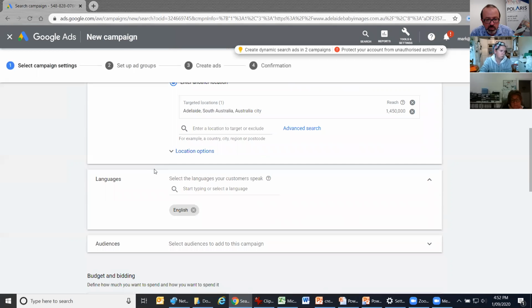Now, for a lot of people, that's all the targeting that they do, but Google Ads is a lot more powerful than that. The way you should be thinking about Google Ads is, how do I put myself into the shoes of people who are potentially interested in my product? Now, location is one of those. Demographics might be another one, but Google gets even finer grained than that. You can actually start targeting people based on their current buying interests, on their lifestyle, on life events,